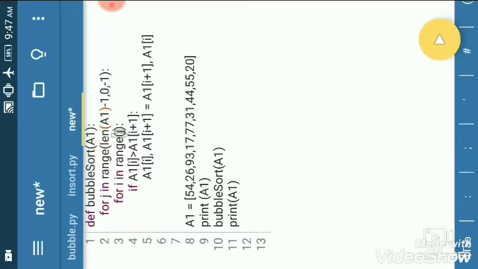In the second loop, another variable i in range(j), so i starts from 0 and runs up to j. Whenever the loop runs, it checks whether a1[i] is greater than a1[i+1]. If yes, it will swap the values and then go back to this loop.